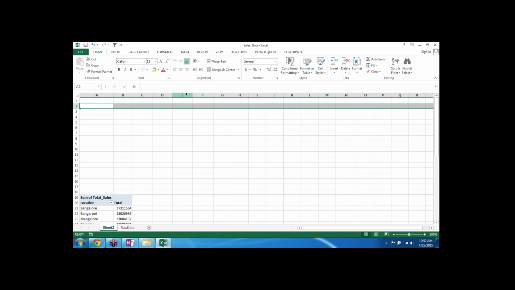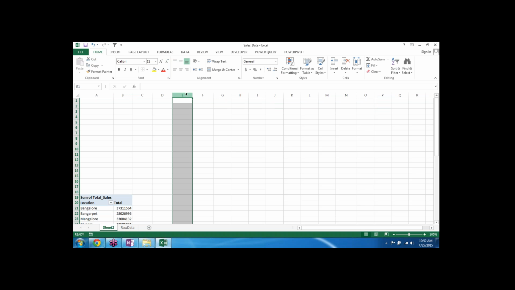This is applicable for columns as well. If you want to push the column and make some space, then Control Shift plus will actually push it and Control minus will actually remove it. Don't worry, I will share a list of shortcut keys, and what I suggest to my participants is that whenever you are working in your office, you can just paste it near your desk, and that will be very helpful for you.